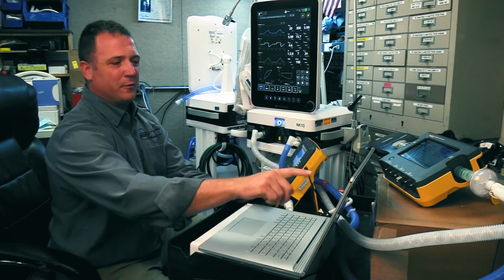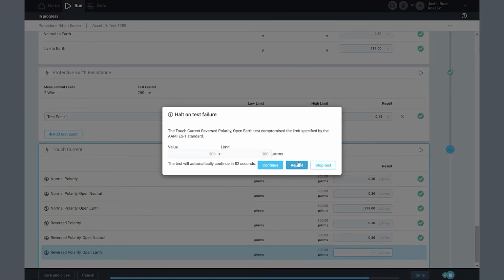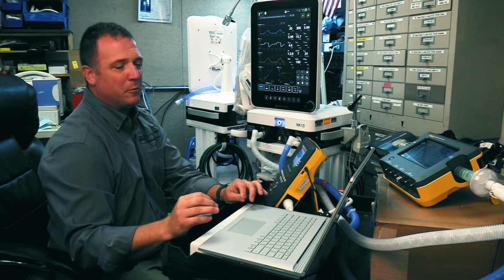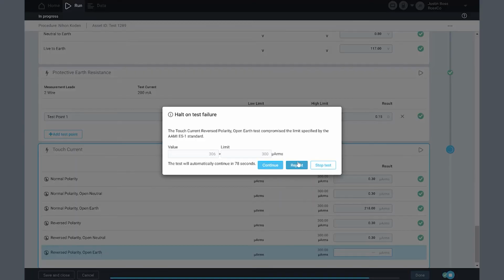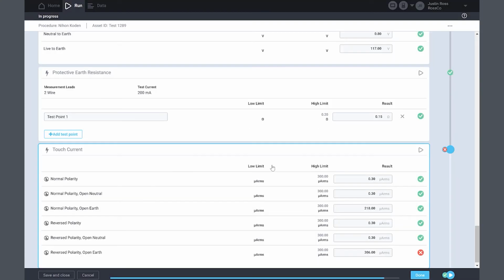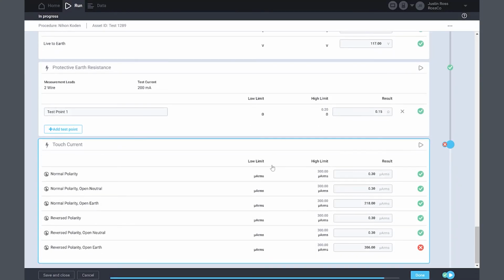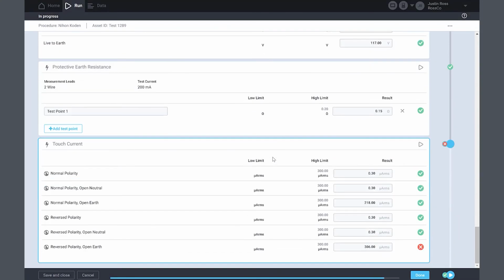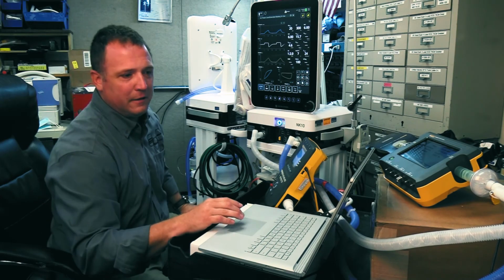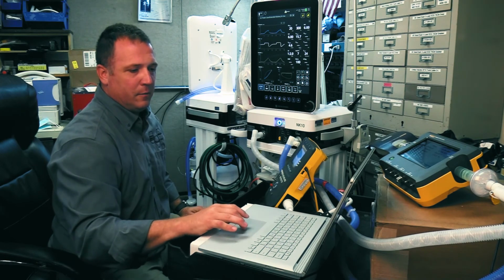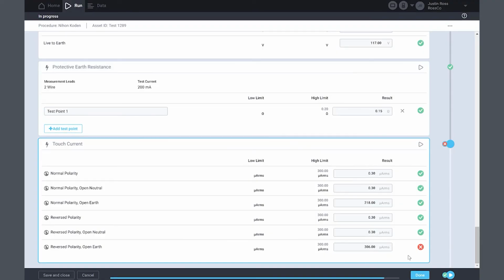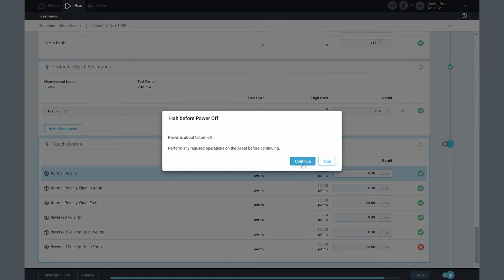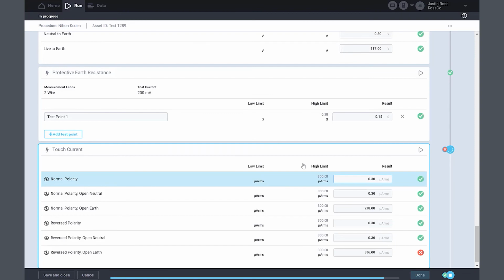So what would that look like? So I have a screen on here that says halt on test failure. I set this up so if the test failed, it wouldn't let me progress. So what I'm going to actually do, just to show you what it would look like on here, is I'm going to hit continue. And you'll now see where I have all my green lights all the way down the side. Green is go. I have one failing result. Alright, well, just to make this green, we're going to retest this. And what I'll do is we're going to kind of cheat the system a little bit, just to show you what a passing work order will look like.